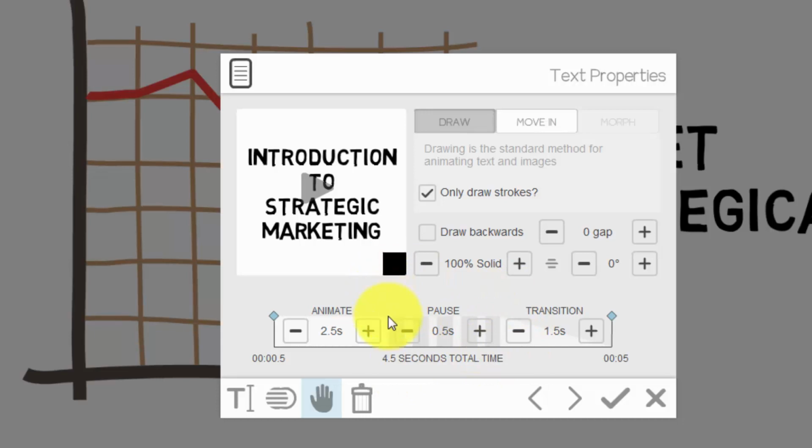And what the pause does is it allows us to pause after the animation is being drawn. And what you're trying to do with the pause is you are trying to match the timing of the animation to the actual voiceover. So if you look at animation plus pause, this should equal the timing of the actual discussion. So in other words, we will actually play Introduction to Strategic Marketing and you'll be able to see it